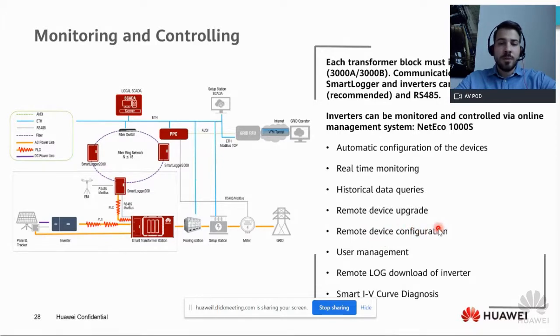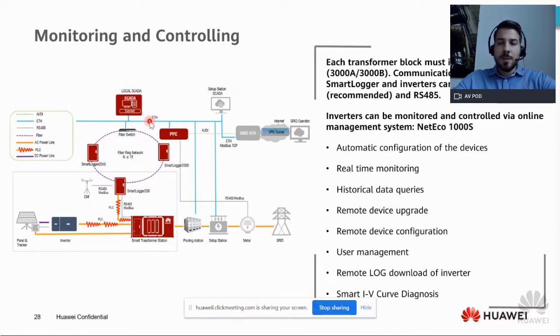So you will have all these options if you connect with the Smart Logger and if you have the Netico 1000s. And just in case you would like to connect to a local SCADA or some PPC, power plant controller, you will have the option. So we can provide you the Modbus mapping of each inverter that you are using, and you can implement it based on this Modbus mapping